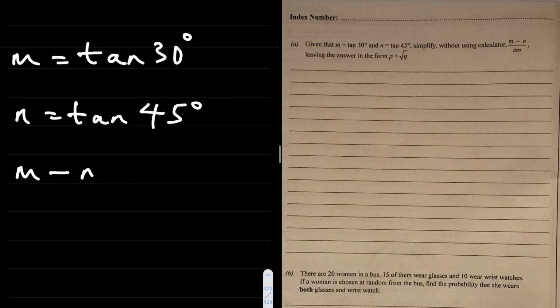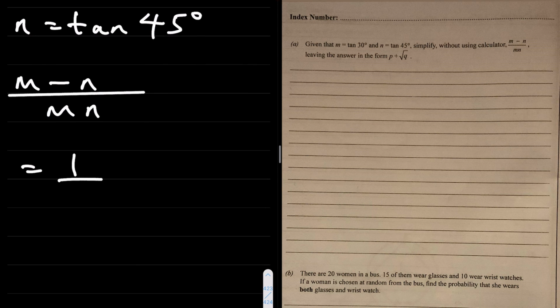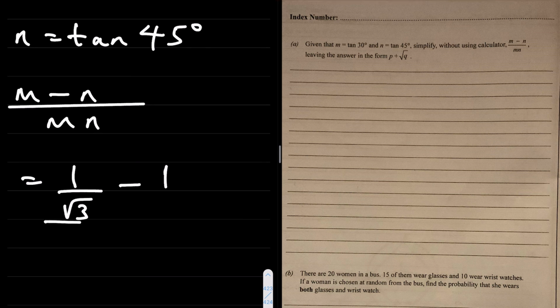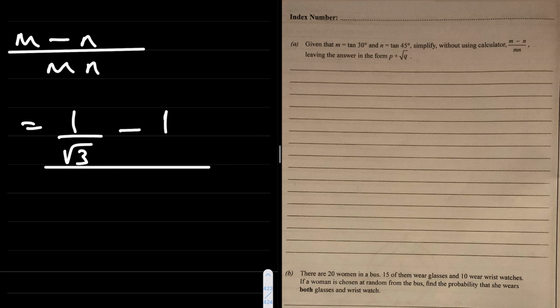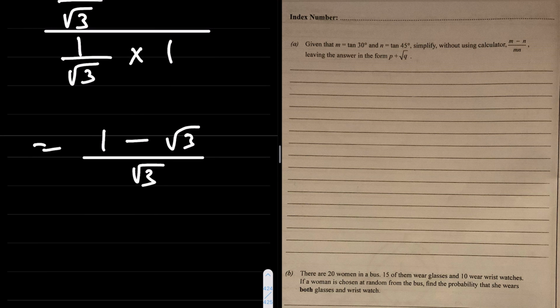Okay, m minus n over mn is equal to, m is tan 30, which is 1 over root 3, minus n is tan 45, which is 1, all over mn. That means 1 over root 3 times 1. I want to make the numerator a single fraction. So the LCM is root 3, and that will be 1 minus root 3 over root 3